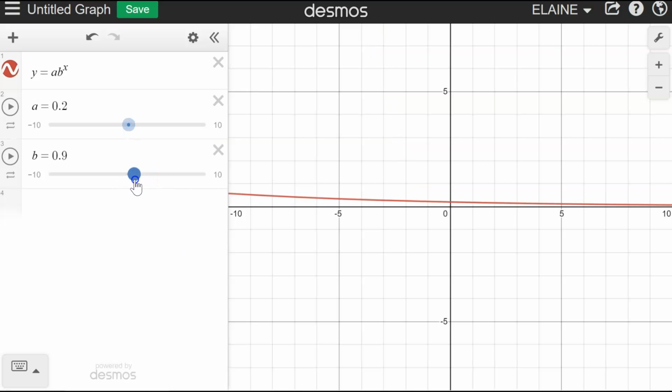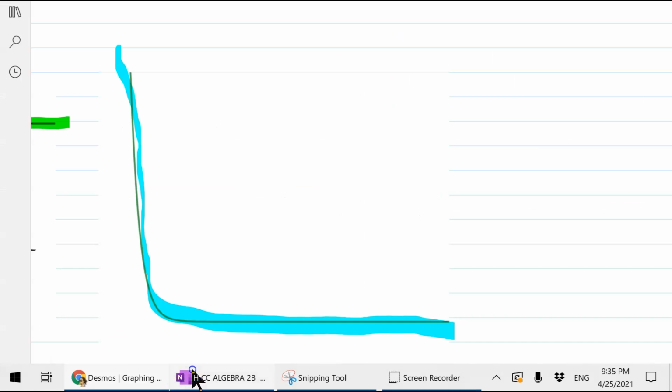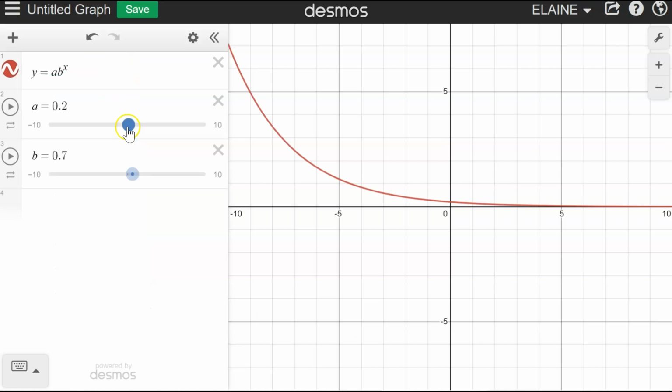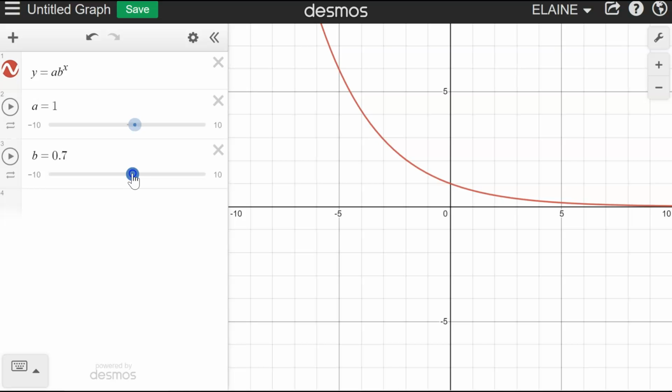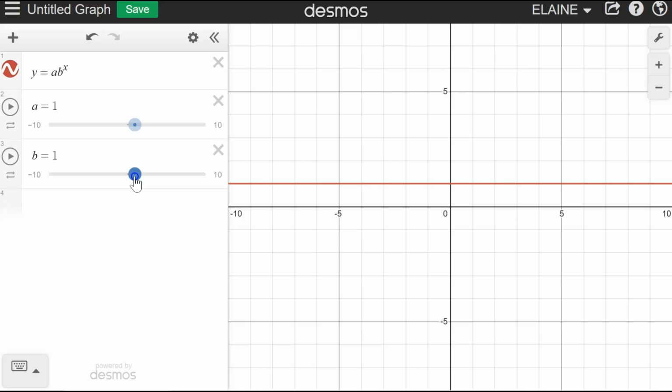And B has to be, A has to be greater than 0. I'm going to just make it 1. And where does it fall apart? So this is what we want there. So it falls apart when B is 1,